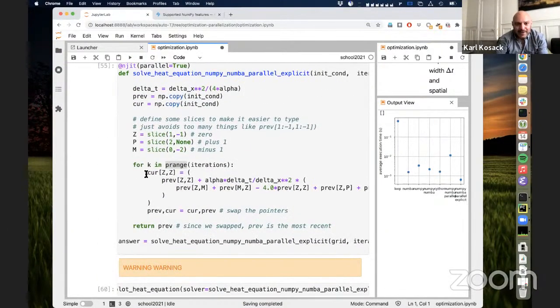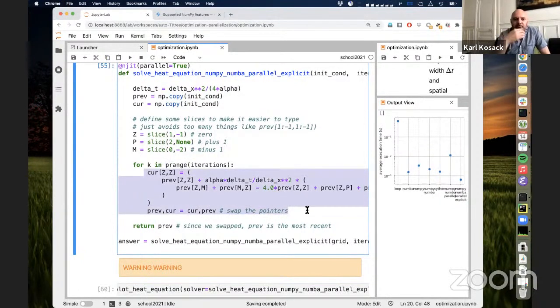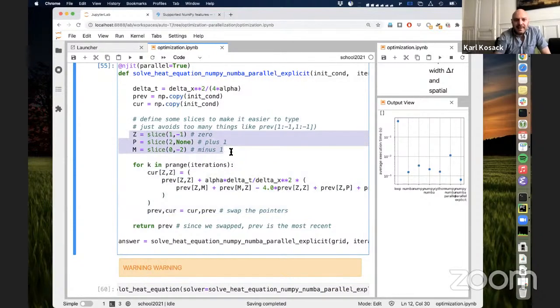I'm overwriting the current ZZ. This is an algorithm that takes the previous value, computes a new one, puts the previous value on, computes the new one, puts the previous value on. So parallelizing that is bad because now I do these out of order, and now the order really did matter. These are time steps. So if I do the time steps out of order, I get the wrong answer. So I would have to think of a different way of optimizing this algorithm. And so this is why I say it's not totally automatic. You could think about how you might do this, and one way you might do it is divide the problem rather than updating each time step.